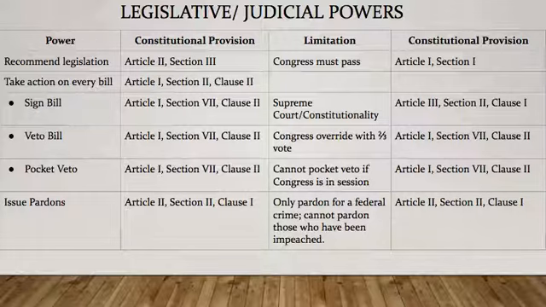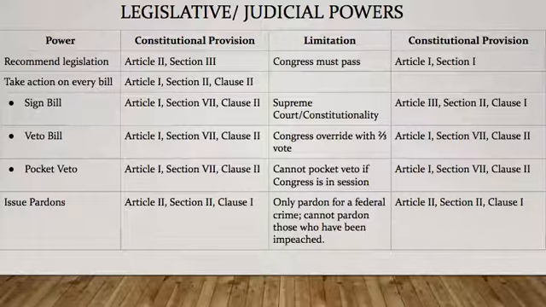However, the limitation exists that Congress actually has to pass something. Though it's not in front of you, that limitation is found in Article 1, Section 1 of the Constitution. The president also has to do something with every bill that is given to him and passed through Congress. There are a few different actions that the president can take, and those powers are outlined in Article 1, which, again, you don't have in front of you, but